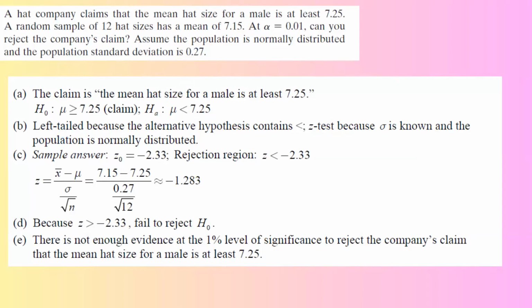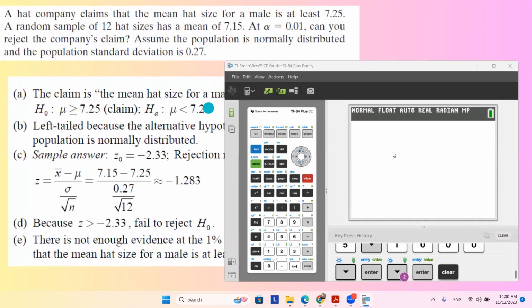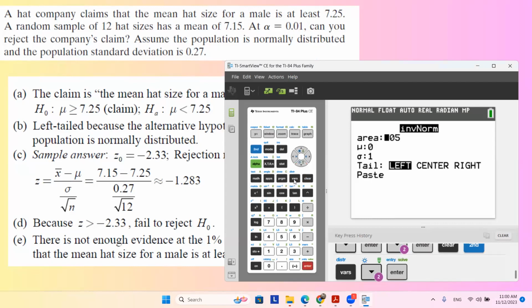Now, to calculate your critical value, we're going to use the 1% level of significance. Let us use our calculator and check to see how to calculate this critical value. Let me share the screen with you and show you how to use the calculator to find the critical value. Again, remember that you have a left-tail test and alpha is 1%. So you're going to go to second vars and go to inverse norm. The area is 1%,